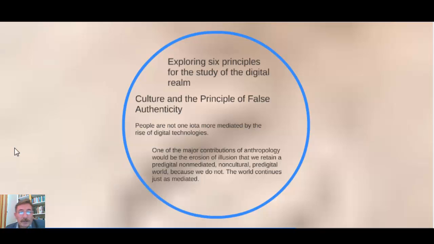And the second principle is that, what is the meaning of authentic? In other words, to what extent is this conversation you and I are having more or less authentic than you listening to me in the classroom when I'm preaching and giving you my lecture? How is this lecture that you're listening to today different or less authentic than the lecture that I will be giving you in the classroom?